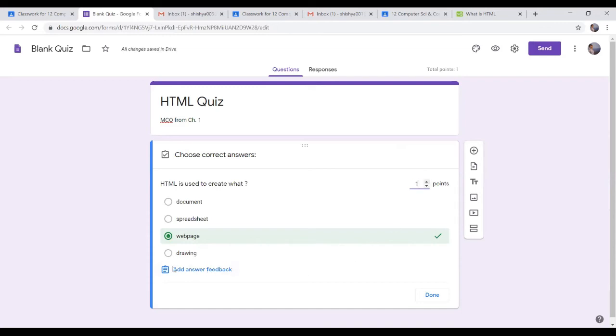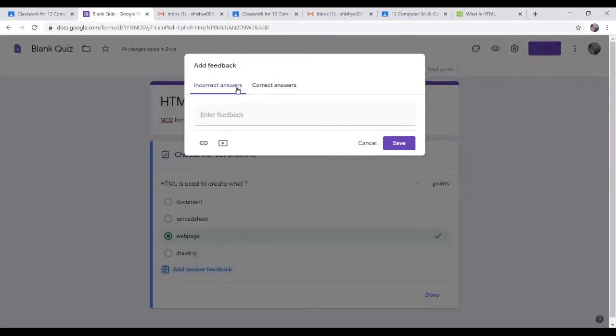And this is also very important, especially for those teachers who are teaching in lower standards. For the answer of every question, teachers must give some kind of appreciation or some kind of explanation to the students if the answer is wrong. So add answer feedback is very important. Click on that. It says if the answer is incorrect, what you want to say. So if the answer is incorrect, we will say that HTML is used to create simple web pages.